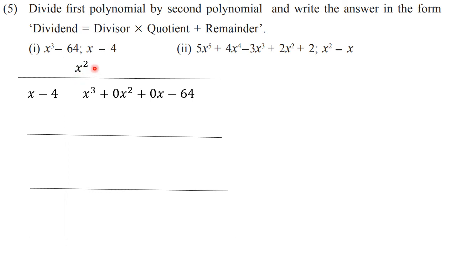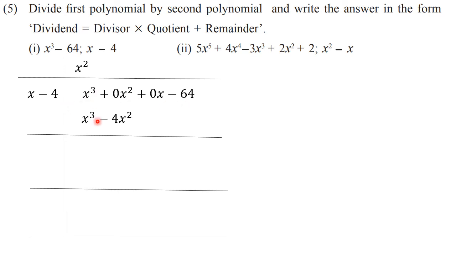Okay. Now after deciding this, we have to multiply this first term of quotient by divisor, and that answer we are going to write below this. While writing, we have to write like terms one below another. So see, x square into x is x cube, and x square into minus 4 is minus 4x square. Okay, so see, x cube and x cube, they are written one below another, and the terms with x square and x square, they are written one below another. Now you must have understood why the index form of dividend is written, why all the missing terms also are written.